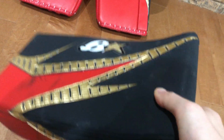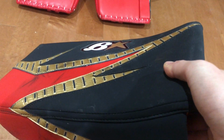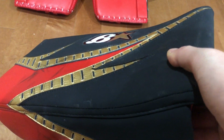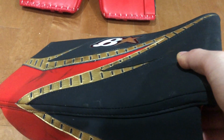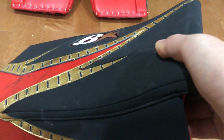I also add Lexan to this, because as I mentioned before, with the pads, I love hard rebounds, and Lexan really does add a little bit of extra zip. The reason that's not standard is because it does add some weight to the blocker, so that's something you need to think about. As I've done TGN and reviewed more and more gear, there's certain thresholds where as long as it's in that ballpark of weight, I don't notice it,